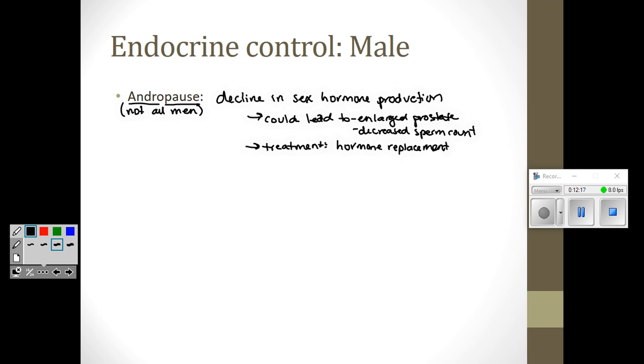Like I said, this is not a common thing that would typically occur in all males, so this doesn't happen all the time. If it's really causing symptoms that are causing discomfort or other issues, then it might be worth the person's while to replace the hormones that they're missing. But like Ali said in her presentation, too much hormone injection could lead to some pretty negative outcomes. So you want to make sure it's a healthcare professional who is guiding your hormone replacement.